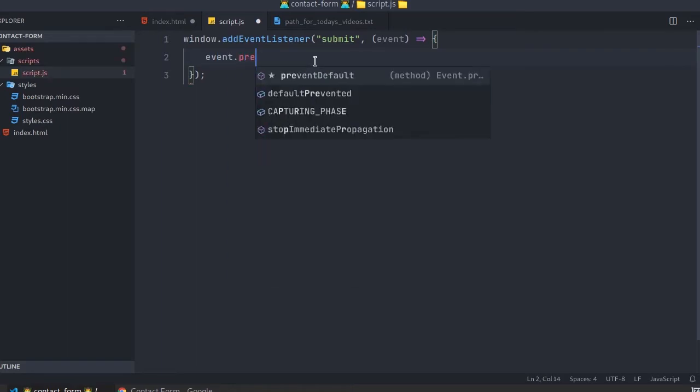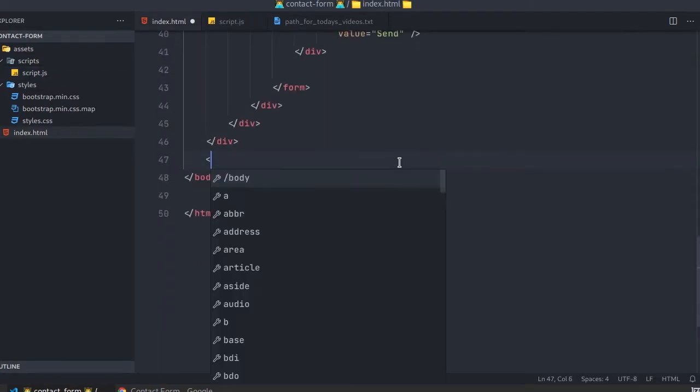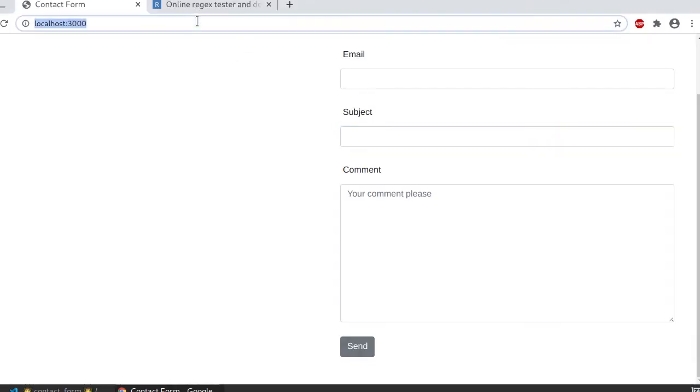Now I will block the default submission of the form. You also need to connect or link your script file with your HTML code. With the help of that, your script will execute when it is required in your HTML page.